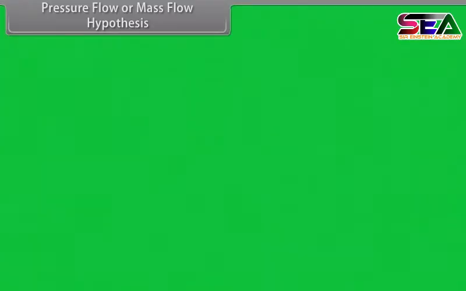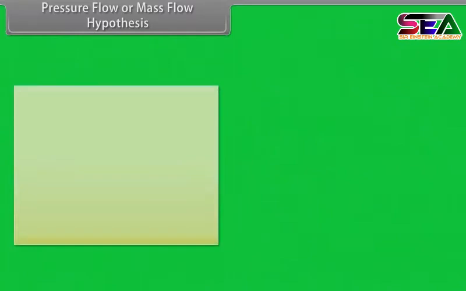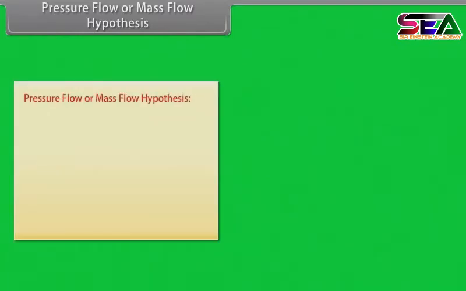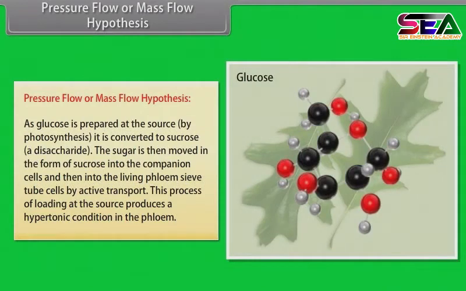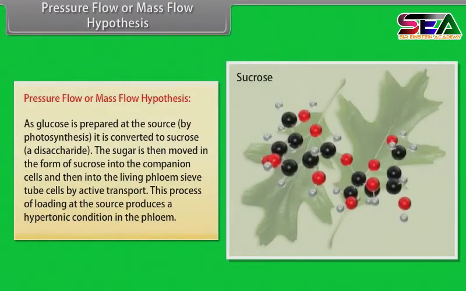Pressure flow or mass flow hypothesis. The pressure flow or mass flow hypothesis is the accepted mechanism used for the translocation of sugars from source to sink. Glucose is prepared at the source by photosynthesis. It is converted to sucrose. The sugar is then moved in the form of sucrose into the companion cells and then into the living phloem